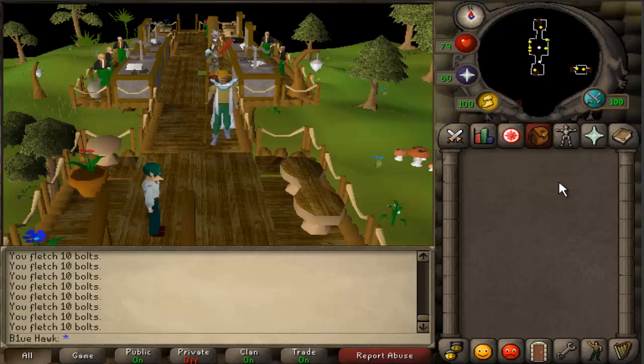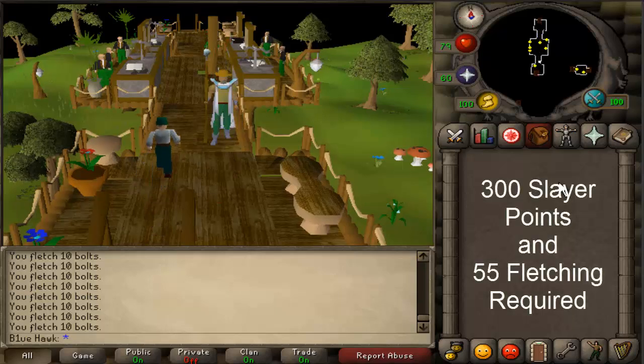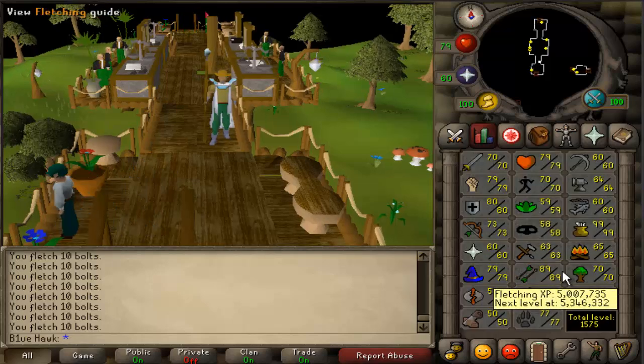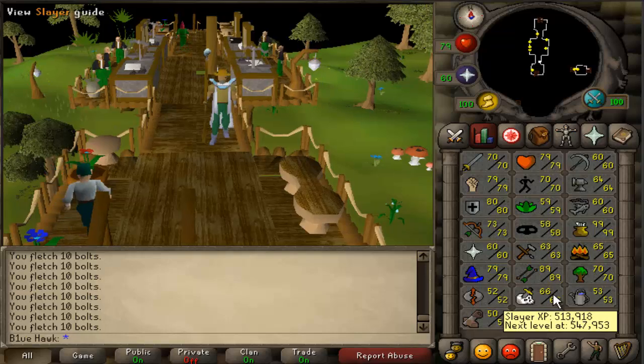Now, in order to fletch broad bolts, you need to learn how to make them, which requires 300 Slayer points from your Slayer Master, which is actually quite difficult to achieve. I remember I started off at level 60 Slayer, and I got to level 66 by the time I got the 300 Slayer points, and it was about 21 consecutive tasks on the second hardest Slayer Master in